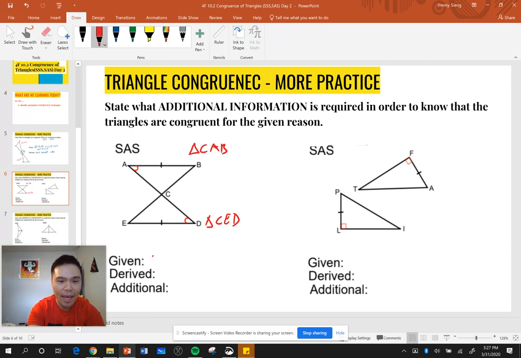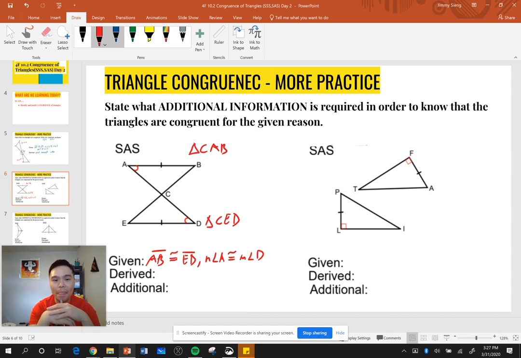I see that I have side AB is congruent to side ED, okay? And I know that measure angle A is congruent to measure angle D, okay? But I don't really have anything else yet, right? Because again, it just doesn't say. I guess I can say that